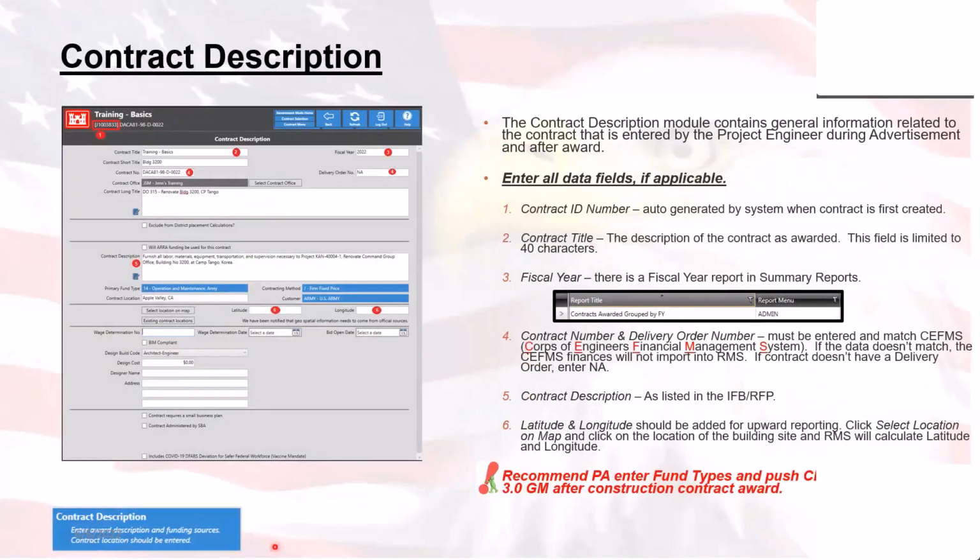All right. So this is the contract description. This is where you're able to set up the contract, and it's pretty much the first part of setting up a new contract in RMS. So at the top, you've got your contract title, the short title, contract number, delivery order number,